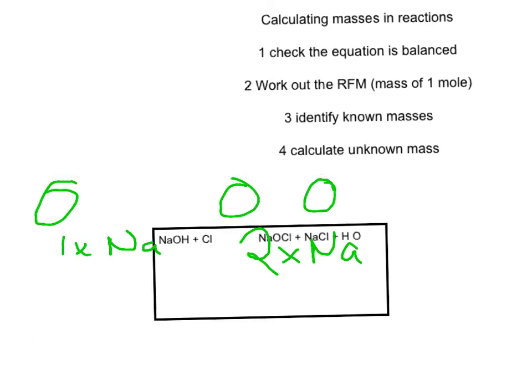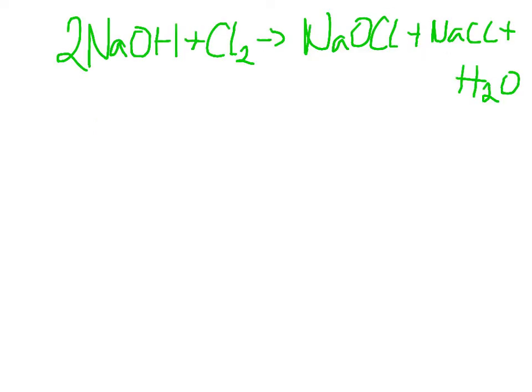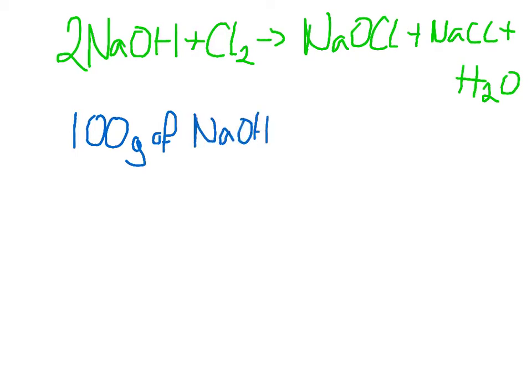So we need to make, so doubling up the 2 NaOH means that it's now balanced. Okay, so if you remember our rules, we've got to work out the RFM. So here's our balanced equation, and the question might be if you had 100 grams of sodium hydroxide, NaOH,